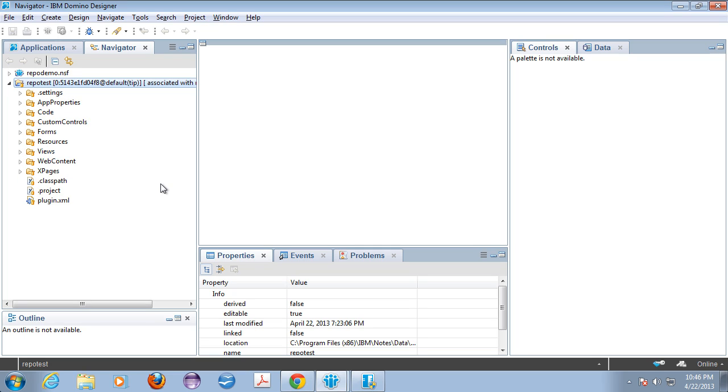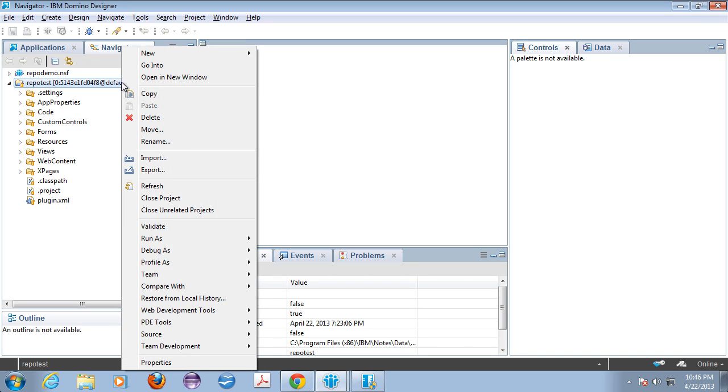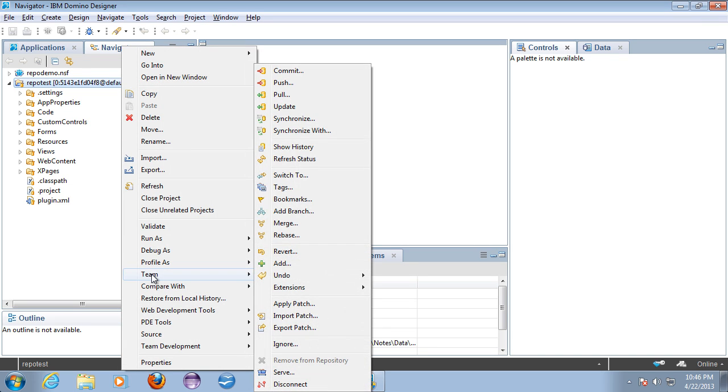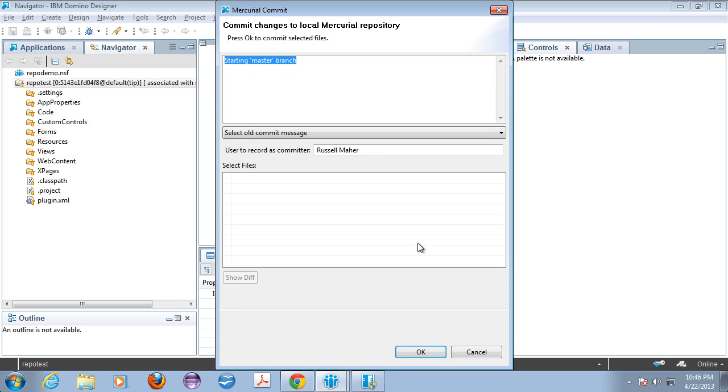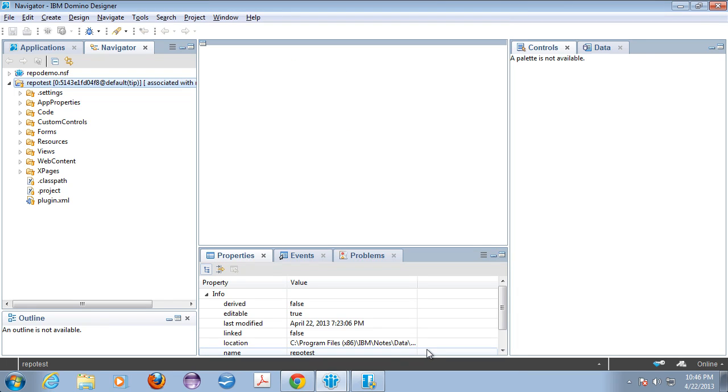So the first thing we're going to do is create, let's just do two, well, we'll make 3 branches. So we'll make a master branch, a development branch, and then a Rust dev branch. So the way you do that is you're going to say team, add branch, and we'll just create a master branch. It's going to commit,